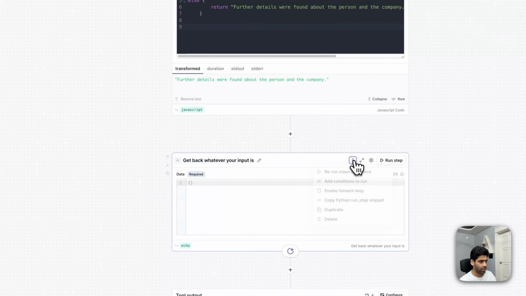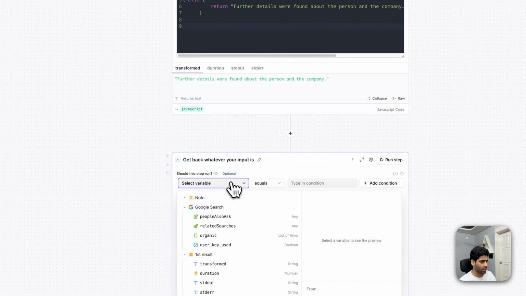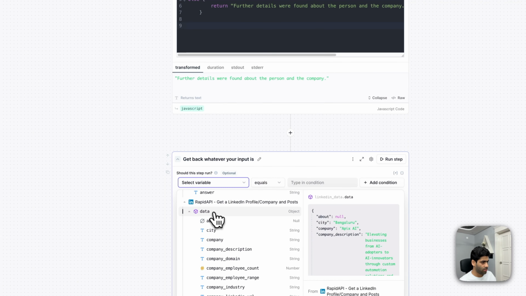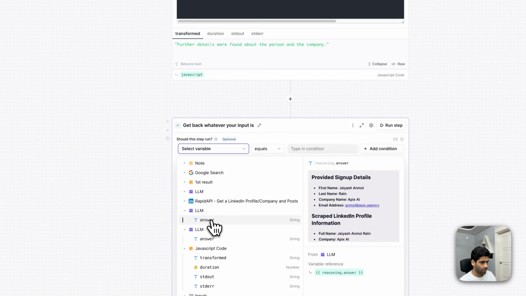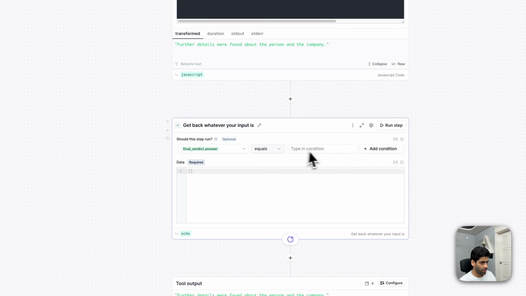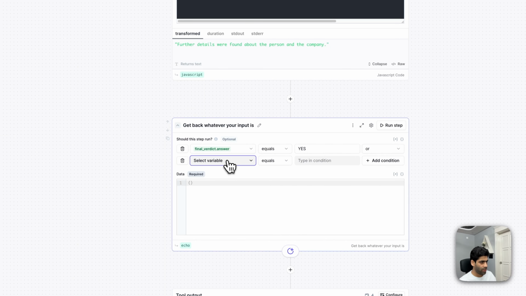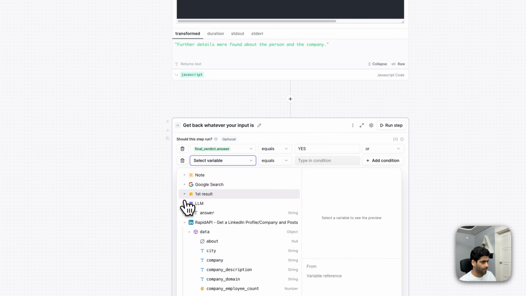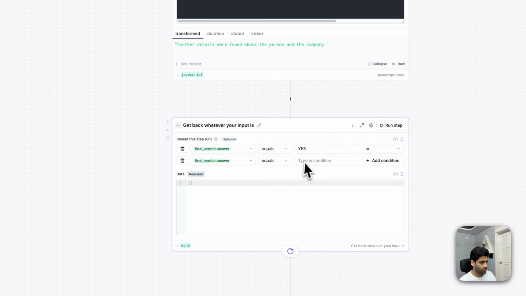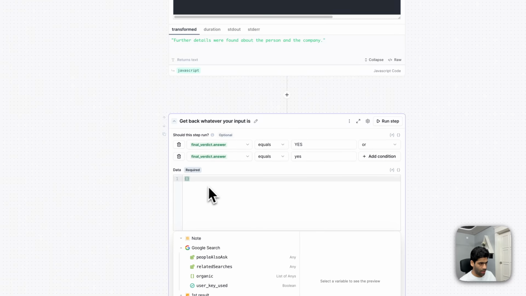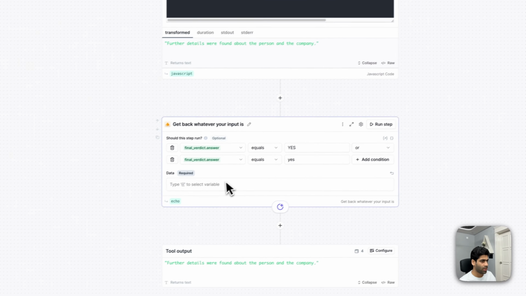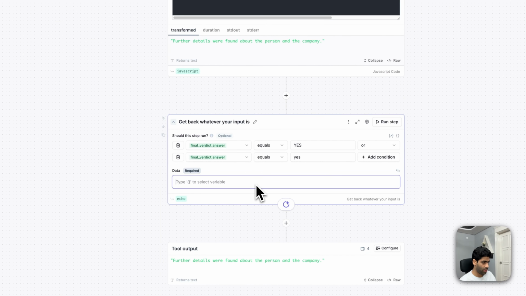Yeah, and it's a node, and we are going to add a condition, and we'll select a variable. For the variable, we are just going to select the variable where we will be able to get the final verdict, where here's the answer. Yeah, the final verdict answer equals yes, and we'll add a condition that it is not case sensitive, and we'll just type it in small letters. So yes, as you can see, it's been asking for a code, but you can just change it to select variable, and we are just going to select a variable for the same, where we will be getting the